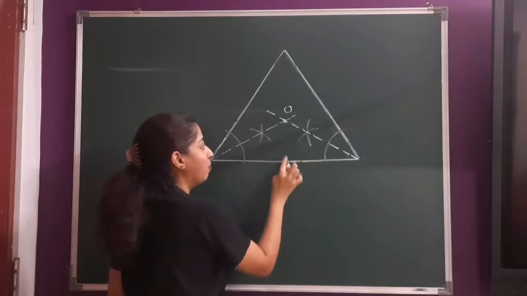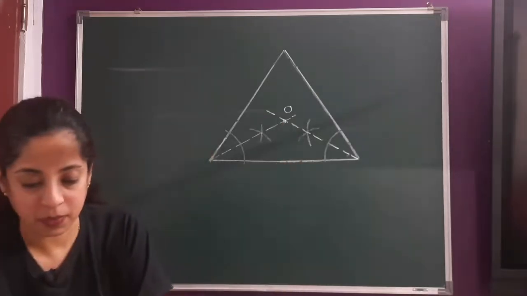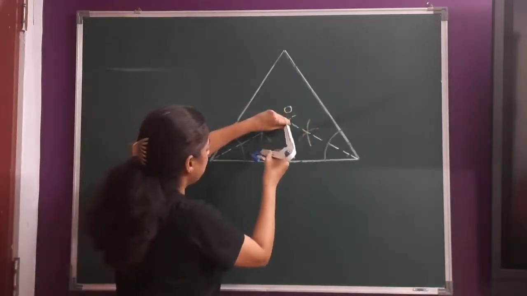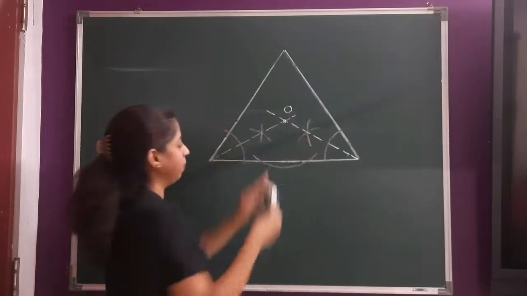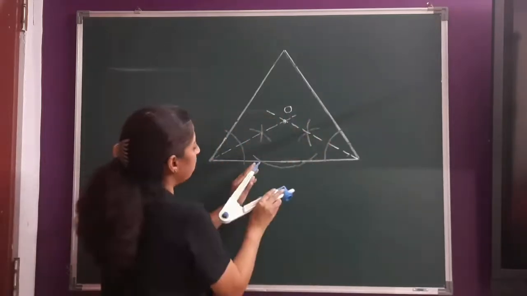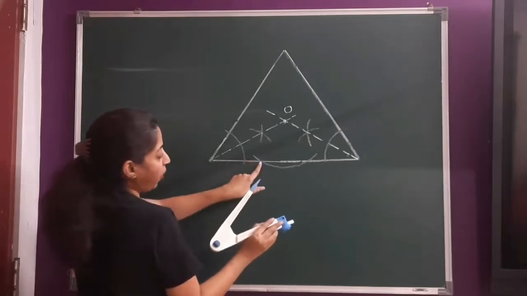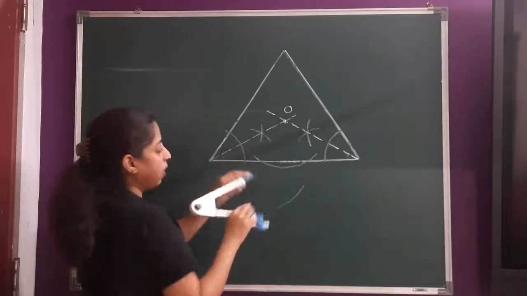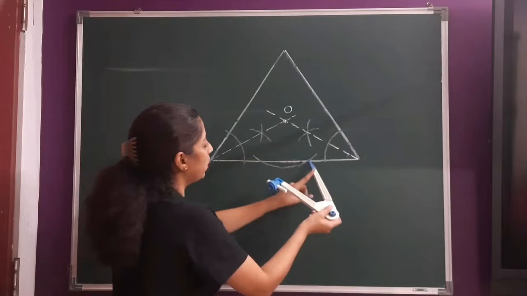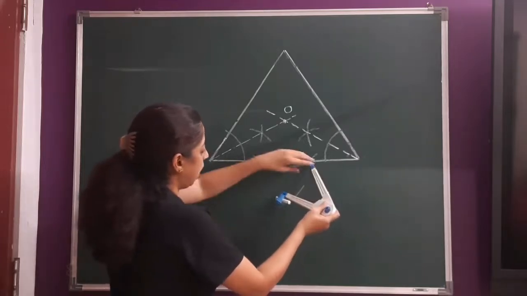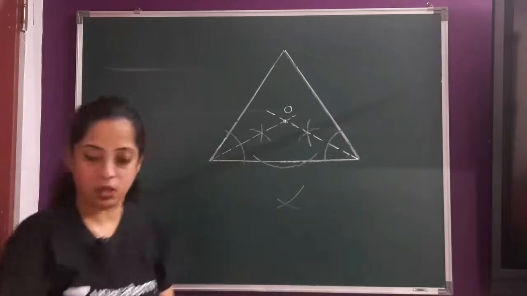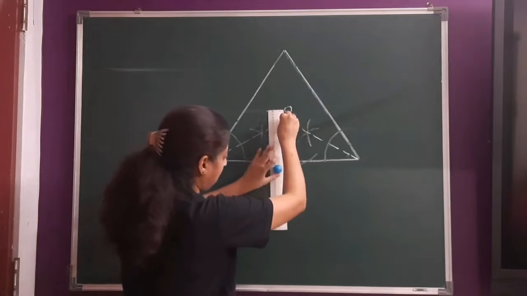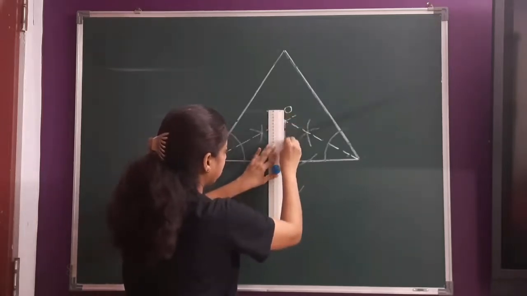Now we have to make a perpendicular from here to this base. So what you will do, keep the pointer here, stretch it a bit so that you are able to make 2 marks or the full arc. So I have made the full arc this time, keeping the point at this point where this arc has met our line segment. I draw an arc. Now keeping the same measurement, keeping the point here, okay, I cut the previous arc. Let me join this O and this with a dotted line.